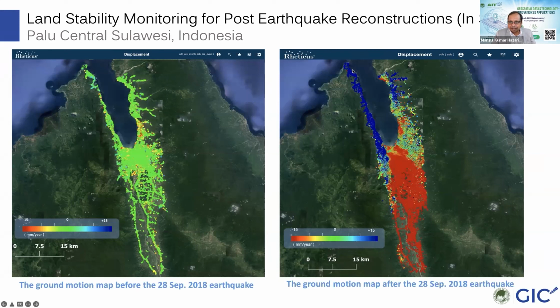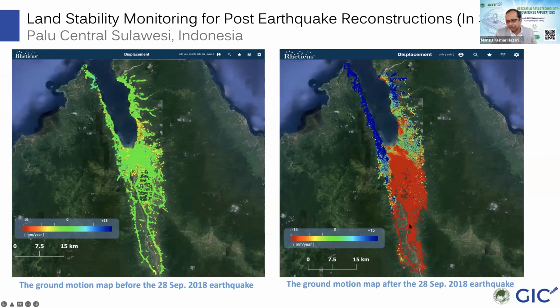And there's a fault line along this from north to south. Along this fault line, there's a big difference. One side of the fault line is lifting, another side of the fault line is subsiding. So this is immediately after.